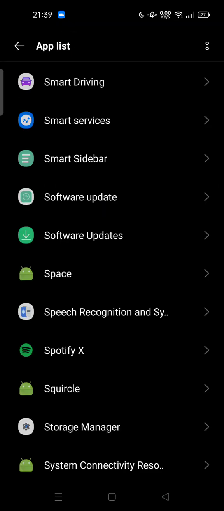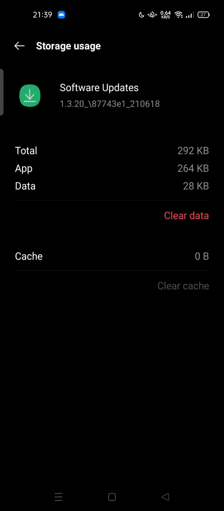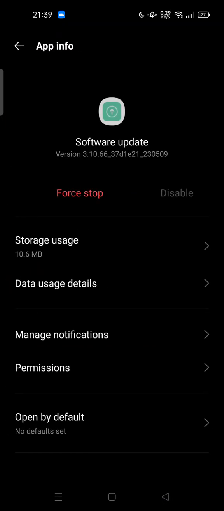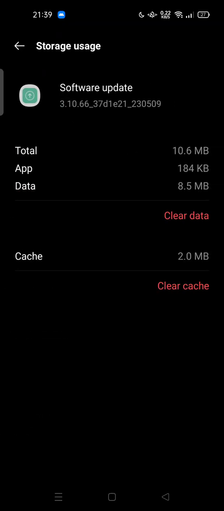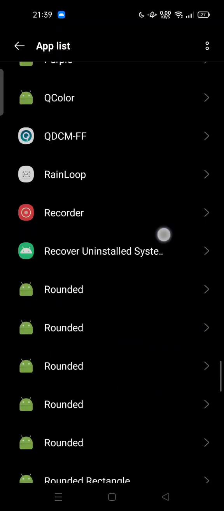And for software updates, you can try to tap on software update. You can disable and force stop. Again, you can clear cache and clear data, both of software update. If you have two versions here, clear cache, clear data, and force stop. Next, you can try to